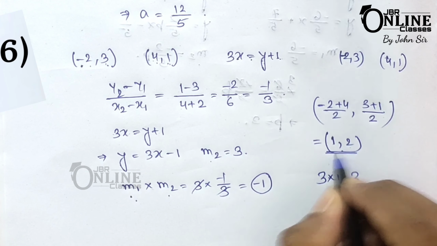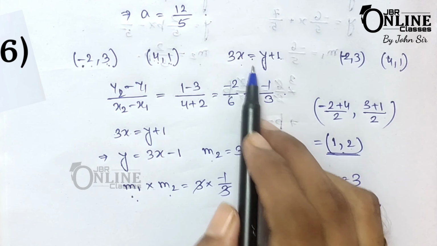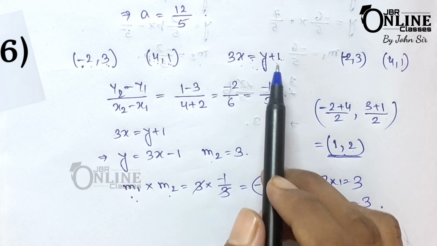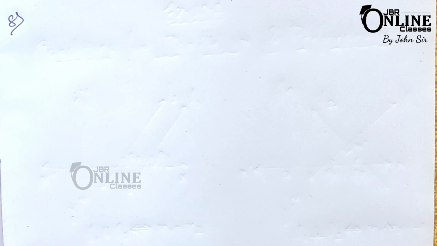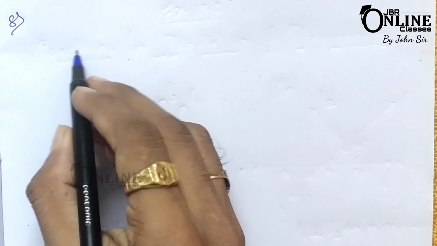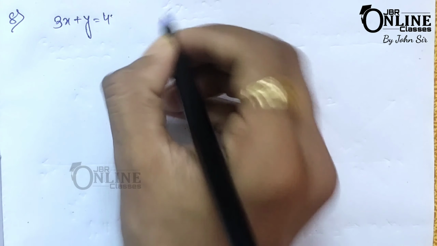So that means this point satisfies this equation. Okay, so that means the line 3x = y + 1 bisects the line joining these 2 points. Now problem number 8. In problem number 8, if the lines, first one 3x + y = 4, second